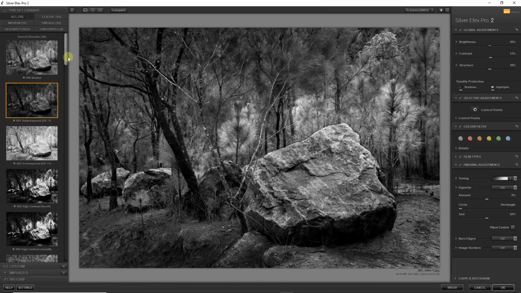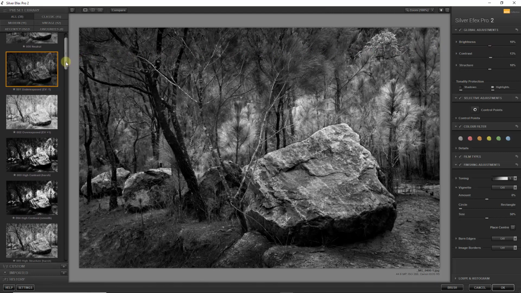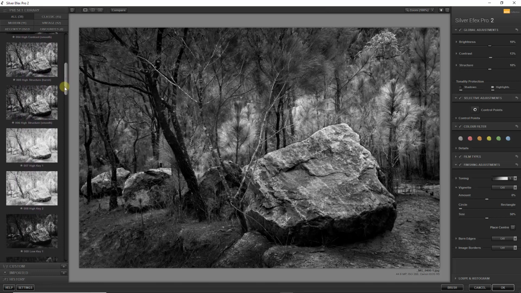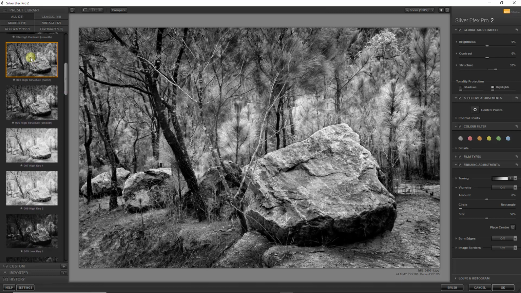So back over to the left-hand side, I'm going to scroll down just a little bit, because the 2 filters which I find myself using more often than not is this one, high contrast or high structure harsh. There you can see the effect. High structure smooth. There's not a great deal to choose between these 2. You'll notice the smooth has a little bit of a vignette with it,